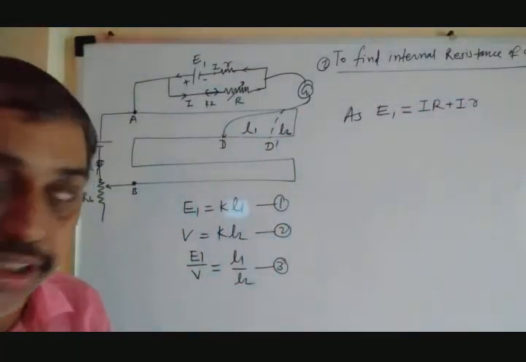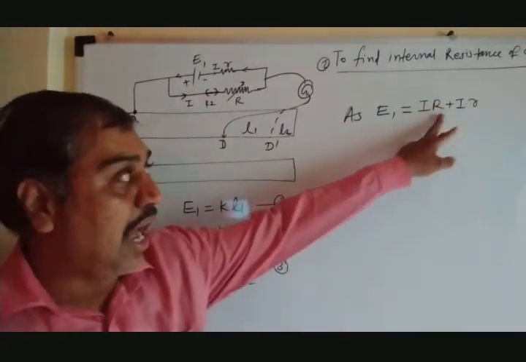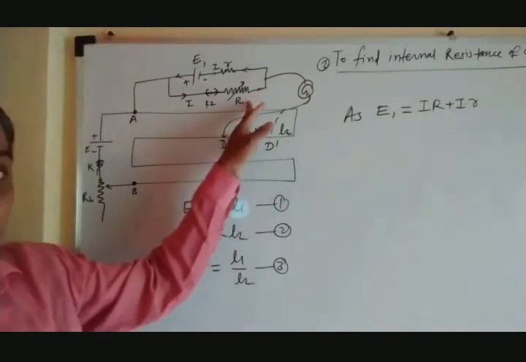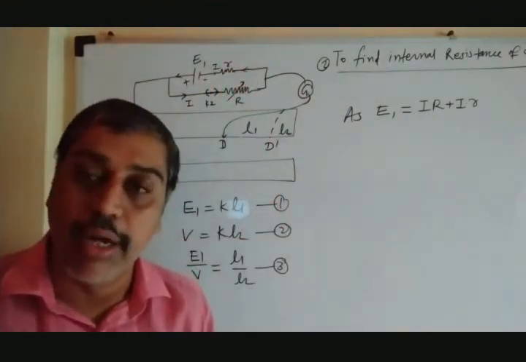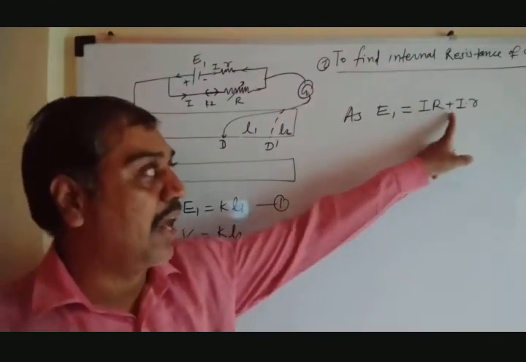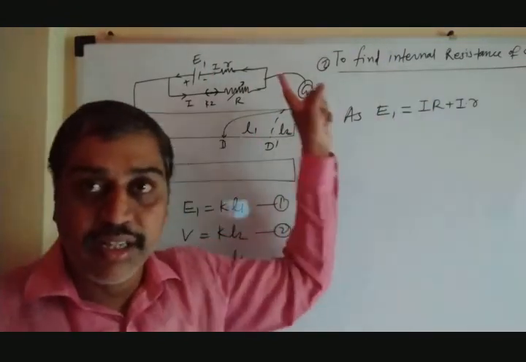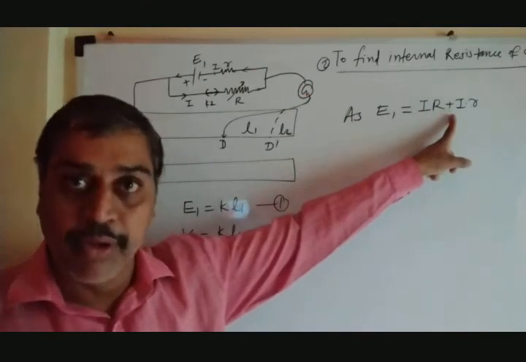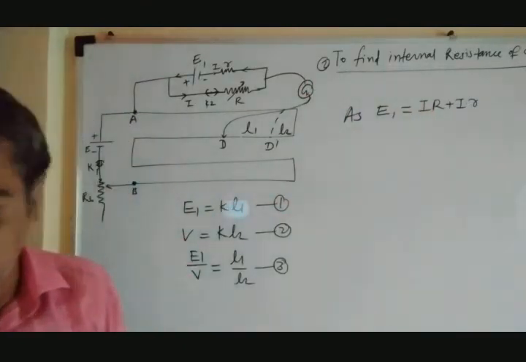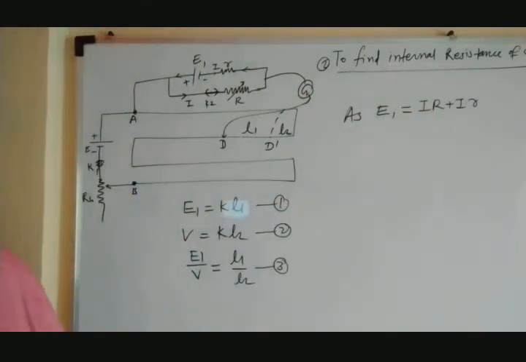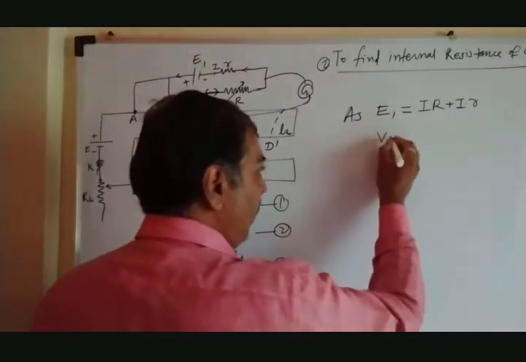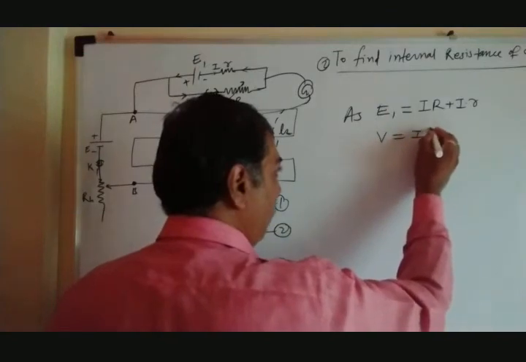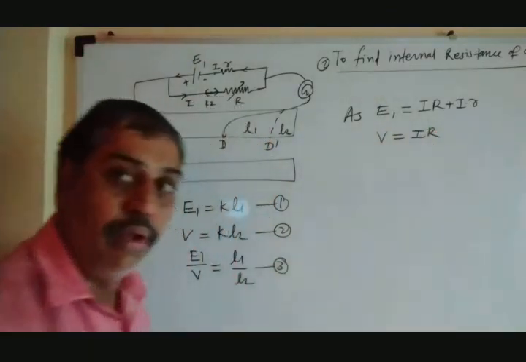We get that equation. E1 we have found out. R, this variable resistance, small r, internal resistance. We can write this equation. V equal to IR. So E equal to IR plus Ir. Two resistances are here. That's why the two terms come. Otherwise a single term will come. So that is nothing but the value of E1. Now we know according to Ohm's law, what is V equal to? It is simply IR. V equal to IR.